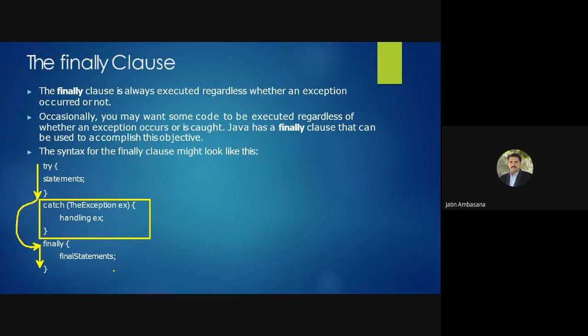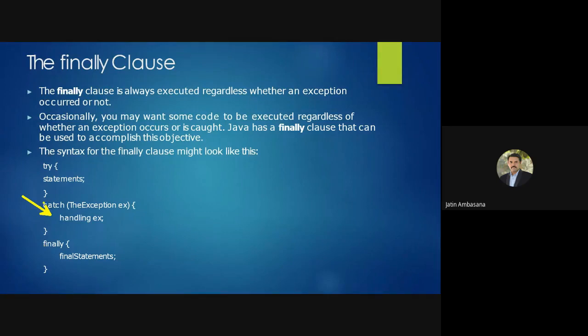Okay. So why do we need the finally clause? See, there may be some code that needs to be executed regardless of whether an exception occurs or not. So the finally clause is there, right? So even if your control goes into the catch block, it will also execute finally.